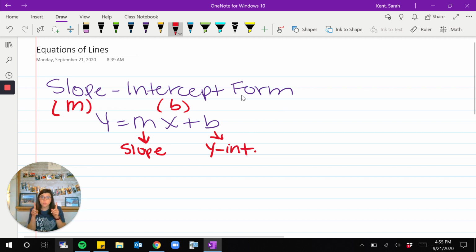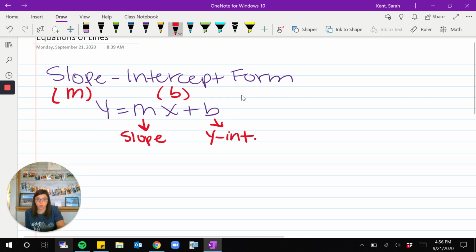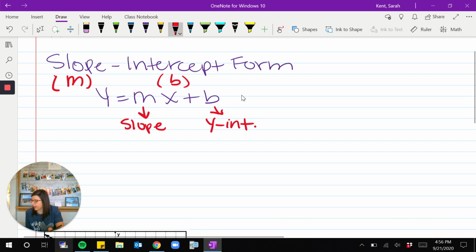Those are the two pieces that we're going to need for every equation that we write. We'll need a slope and we'll need a y-intercept. So with this in mind, we're going to start with one example where we have the equation and we need to graph that equation. So for example 1,